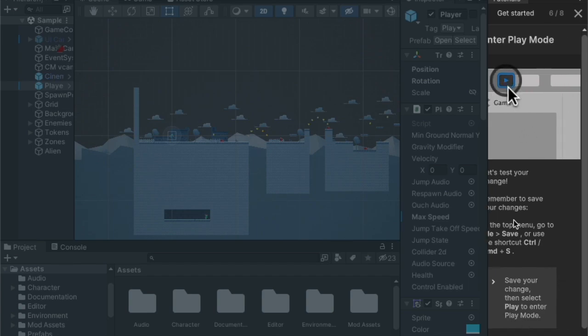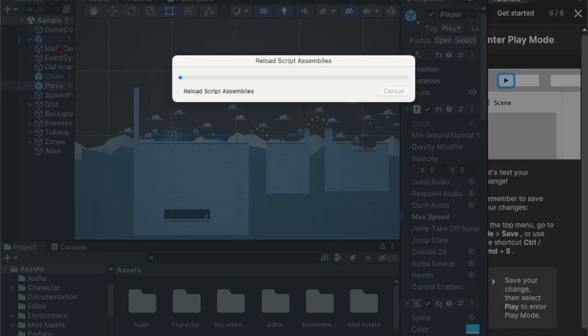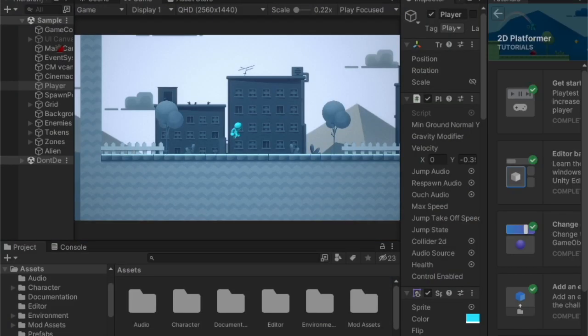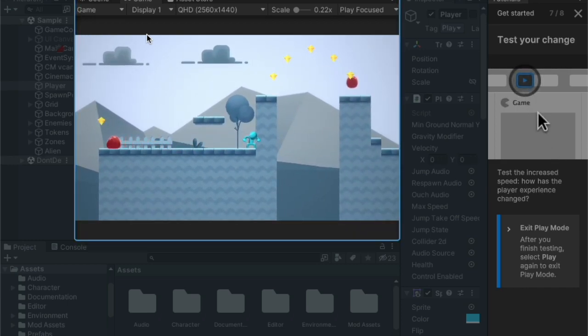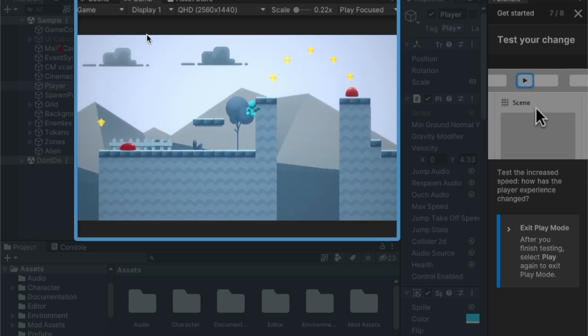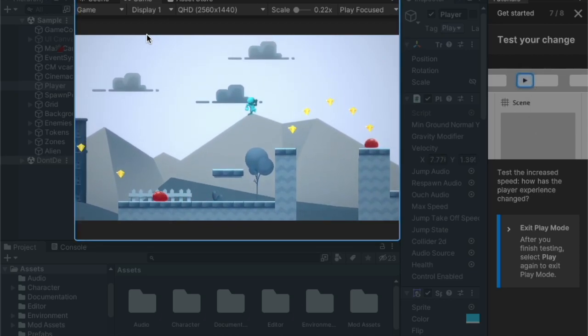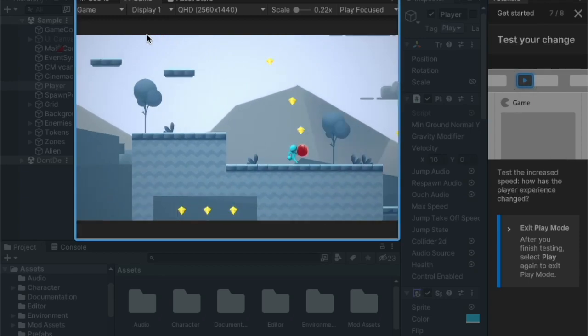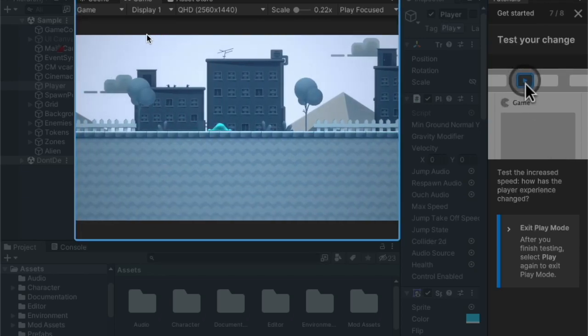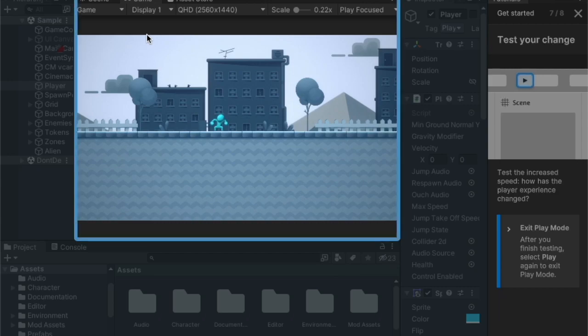Now let's press play to enter play mode. Now you see the speed, you see it is much faster. Okay, so the speed has changed, right? You can basically just change a single number and the player speed has changed. All right, after you finish testing, select play again to exit play mode. Okay,